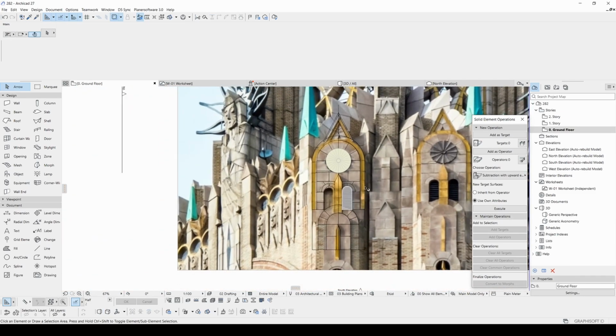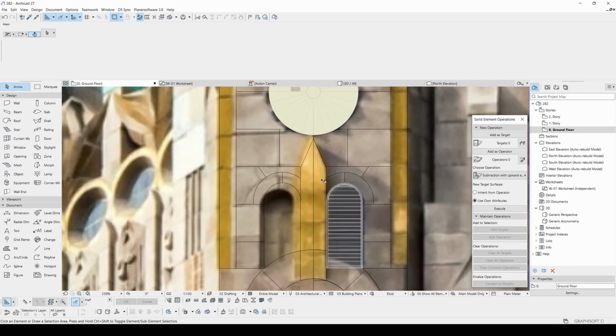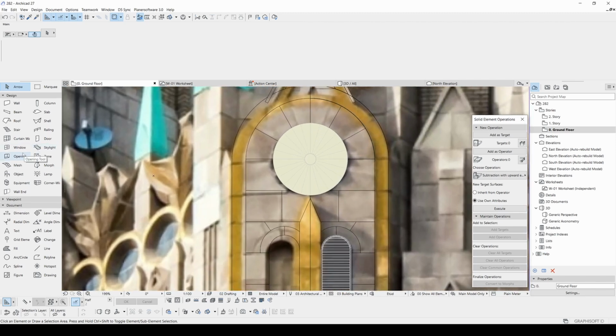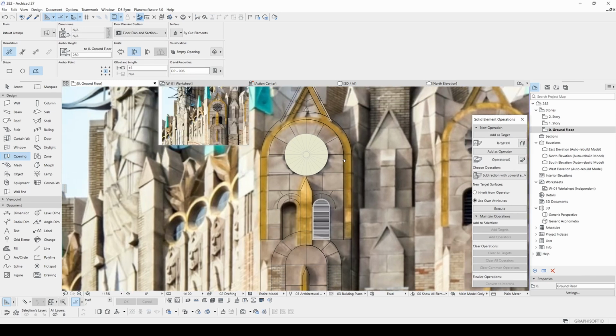Now it's time to model the log parts, such as this one, this line, and other inner lines. To do it, we are going to follow a different method. We are going to use the opening tool. We will use the polygonal for this, and for the limits, we are going to change from infinite to limit one side.